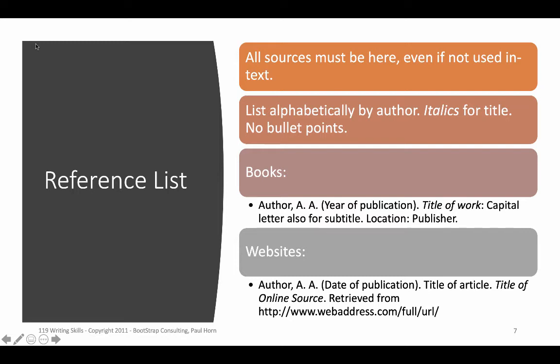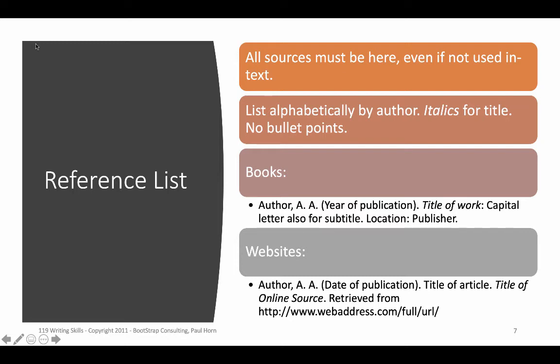For example, the OWL by Purdue University is one that saved me a lot of trouble before there were good online mechanisms. And it'll italicize the title of the work, and it'll give you a capital letter for the subtitle. It'll also ask you the location, and let's talk about that one for a moment. Sometimes when you open up a book, it'll say that it's published in 3 cities: Sydney, Australia, Vancouver, BC, and New York. So usually you take the one that's closest to where you live,